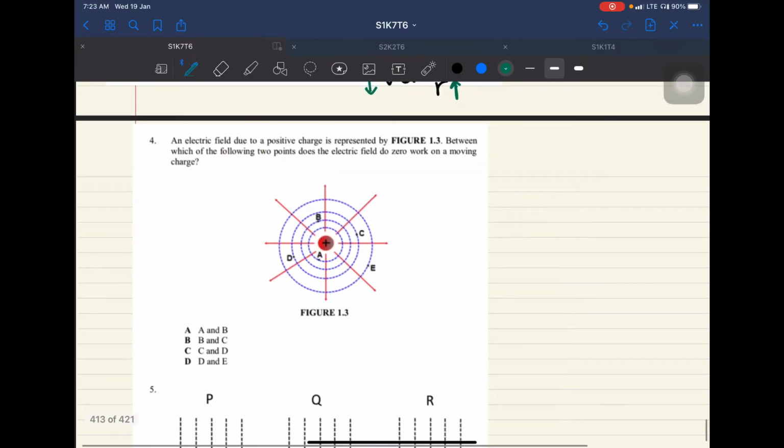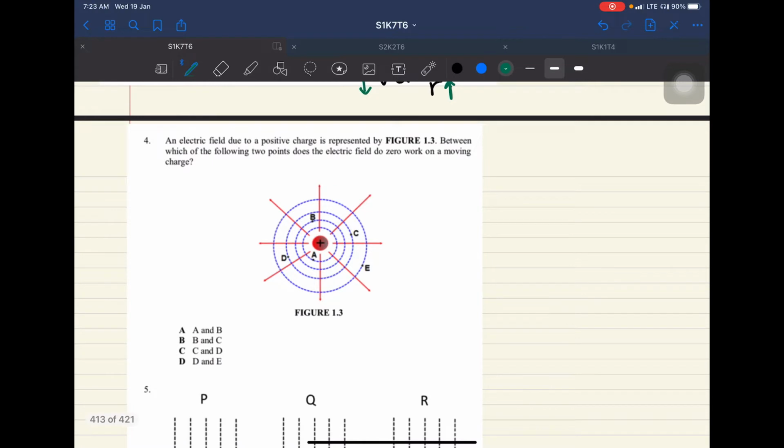Question number 4: the electric field due to a positive charge is represented by figure 1.3. Between which of the following 2 points does the electric field do 0 work on a moving charge? They show several points, and some of those points are on the same equipotential line. As long as it's on the same equipotential line, just write it down: same equipotential line means